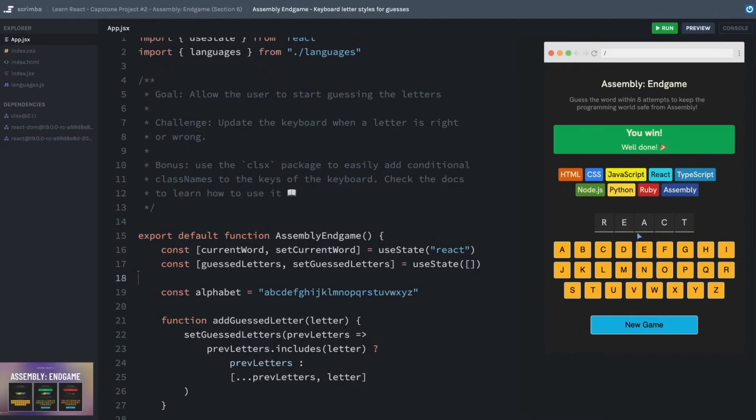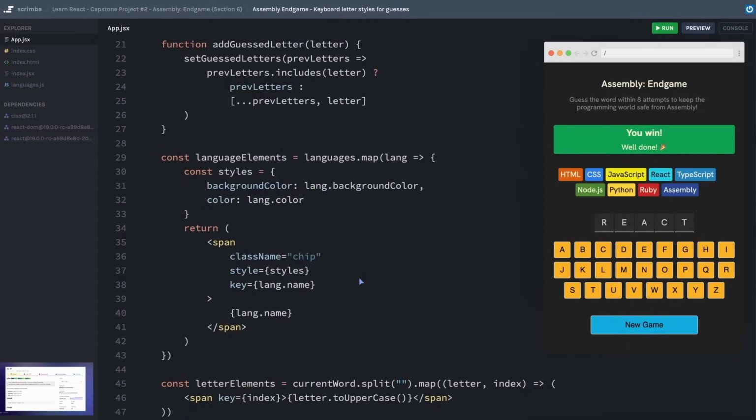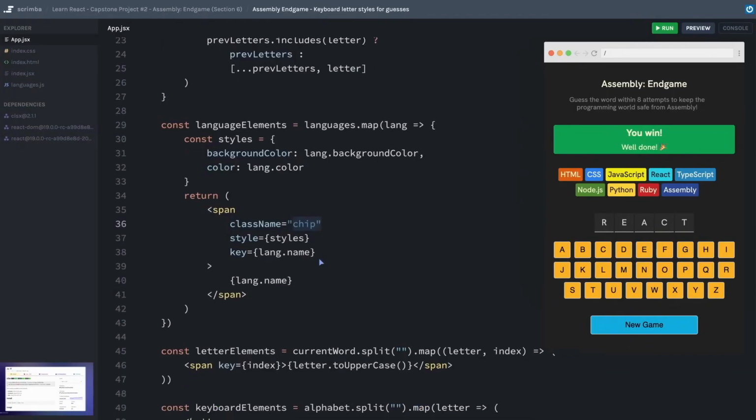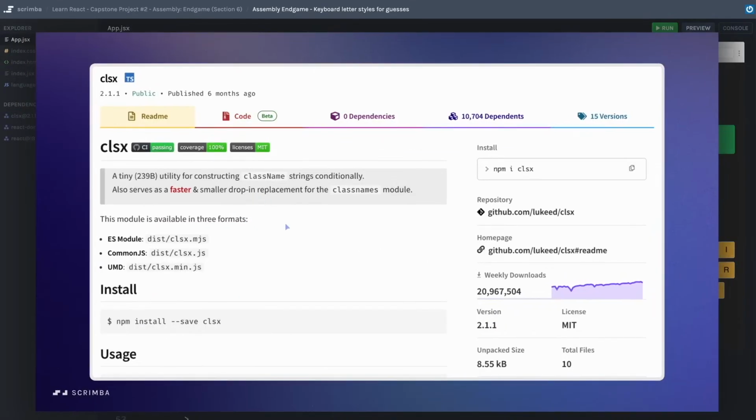Of course, if you hit R, E, A, C, or T, then the letters should turn green, and if you choose anything else, they should turn red. As a bonus, I am recommending that you use this clsx package. It's going to require you to go learn about it, but as you can see, it receives about 21 million weekly downloads, so it is a pretty popular package, and its whole purpose is to give you a chance to construct the className string. That's the string that you are passing into your elements like this right here. className, we have hard-coded it to be chip. Or in the case of the button, which we are going to be styling, we are not passing in any class names, and clsx gives you a chance to construct those class names conditionally.